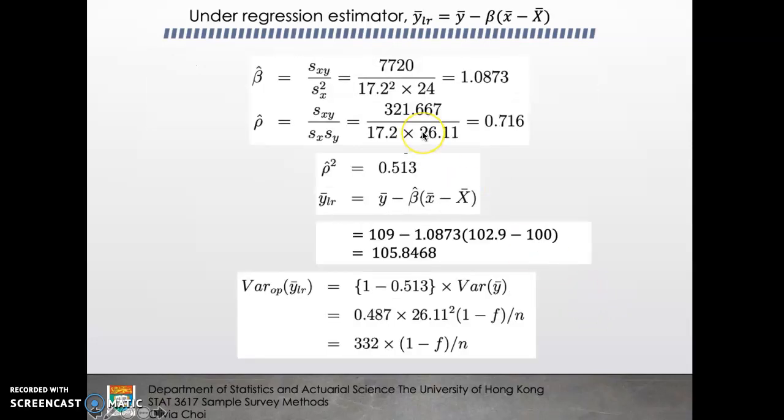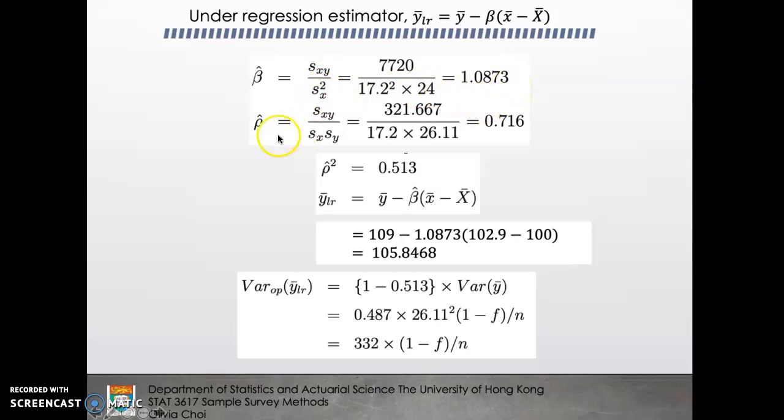Next, with the regression estimator, Y bar equals our sample Y bar minus the slope, beta, multiplied by the difference between the sample X mean and the population X mean. Beta is defined as the optimal beta, and by the least squares formula it equals SXY over SX square. In this case, that is about